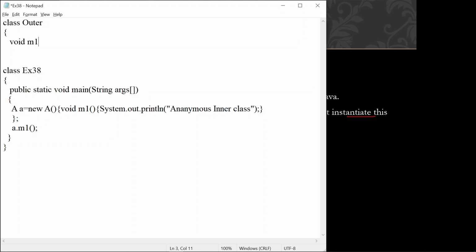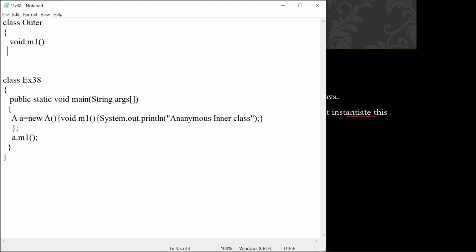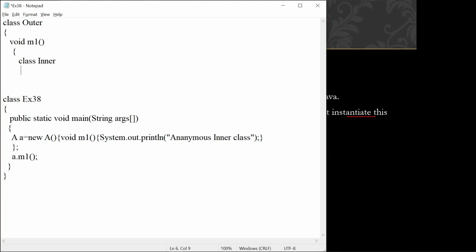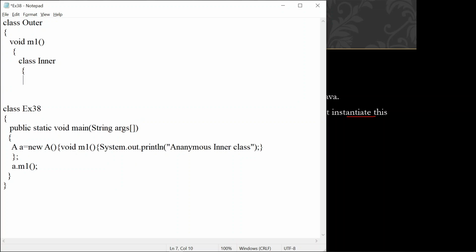Why? Because we need to have a class inside this method only, that is called a local inner class. Now I am creating a class called inner in this one. Now this inner class has another method, void m2.